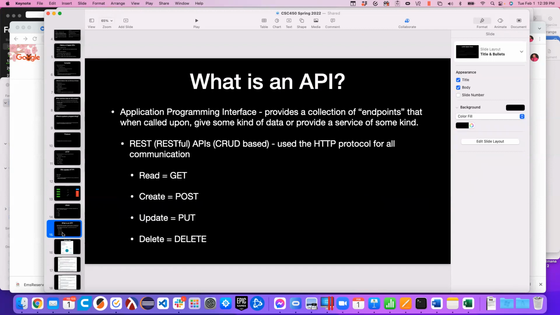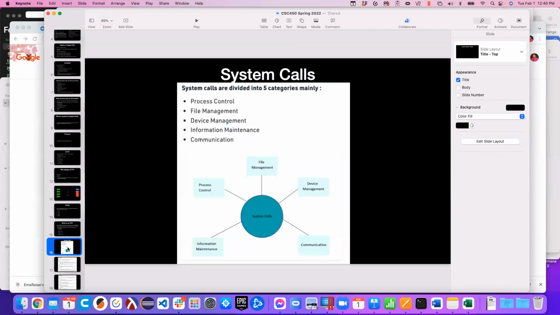So, the purpose of talking about an API is that when we talk about system calls in our operating systems, it's fair for us to think about system calls as the API that our operating system provides. Now, where it does deviate some from an API in the simple terms that we've given it here with the CRUD stuff,